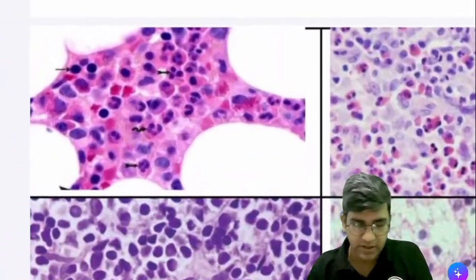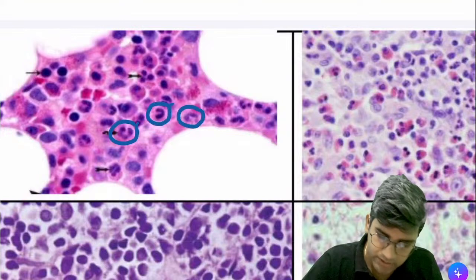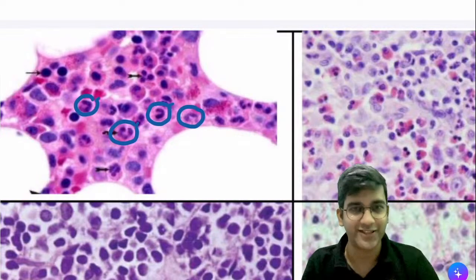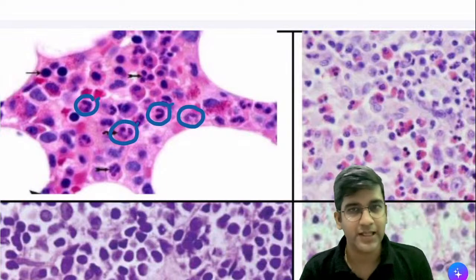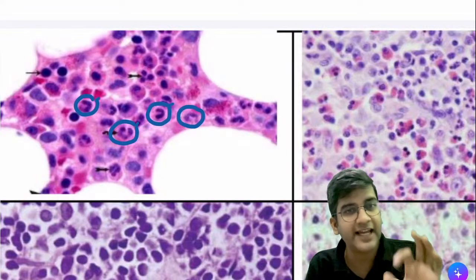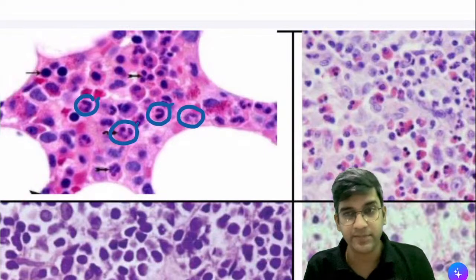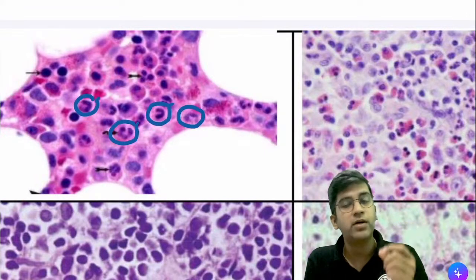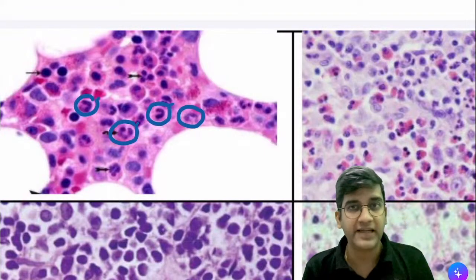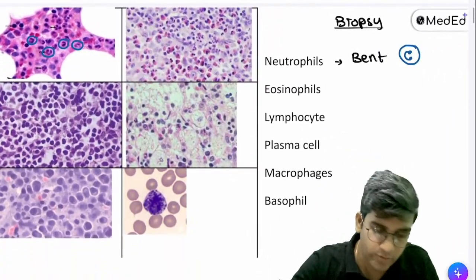I'll just zoom this image. Can I call this cell a neutrophil? Everyone, yes or no? At least say thumbs up, 100%, whatever it is. Can I call this a neutrophil? Yes, you can call it a neutrophil, right? So whenever any biopsy is given, you can definitely identify a simple neutrophil, right? Remember, the nucleus will always be blue in color, it will not be pink. Anything which has DNA and RNA will be blue in color, right? So it has a bent nucleus.